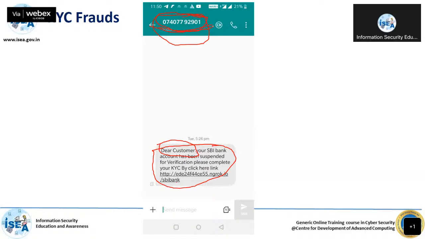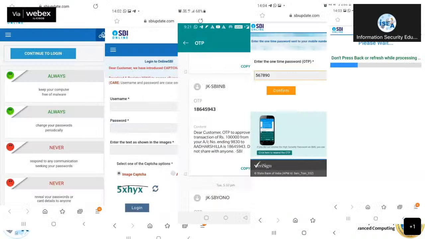I'm just giving an example. We are not against any financial institution. We are all working closely with these people, so don't worry. I'm just showing these kinds of messages, which most of you might have received. You should always suspect. It looks like SBI online.com. You can just see where it is going. If I click that link, where is it taking me?